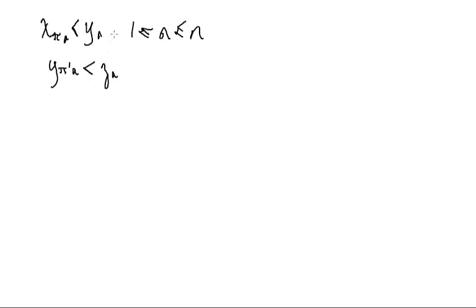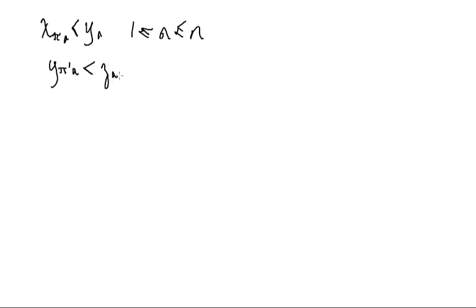In other words, there's a permutation where some element in x is less than ya, and mind you, the ya is ordered, but in here there's a different permutation y sub pi prime a that's less than another set of elements for each